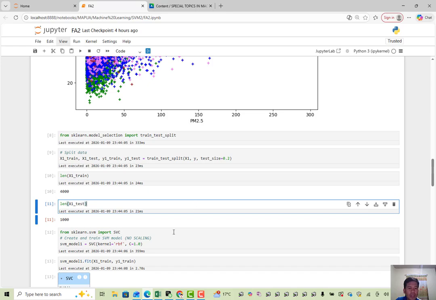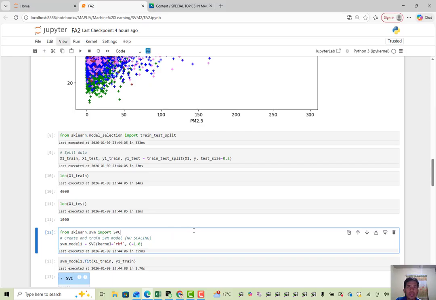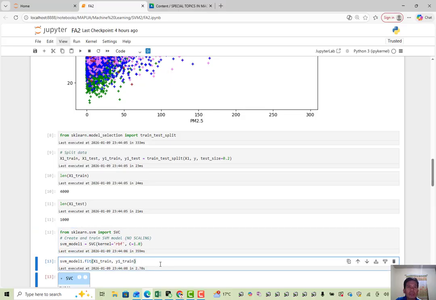Next, I imported the SBM classifier. Then I created the SBM model with the RBF kernel and 1.0 as the parameter for C. Then I trained the SBM using the training data.